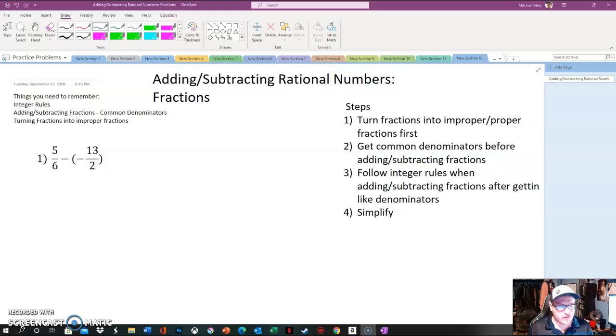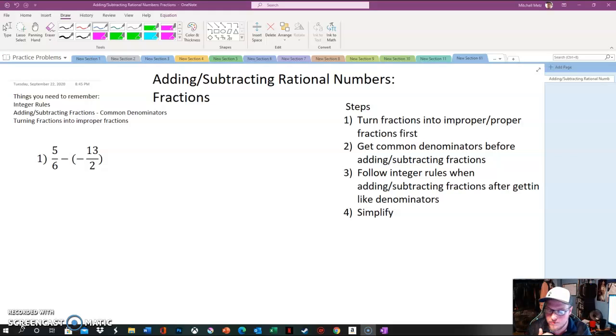Hello everyone, welcome to Mathematics, and in this tutorial I'm going to be showing you how to add and subtract rational numbers. And in this tutorial we're specifically going to focus on fractions, and they're not going to be mixed fractions. So things that you need to remember when you're adding these rational numbers is that you need to remember